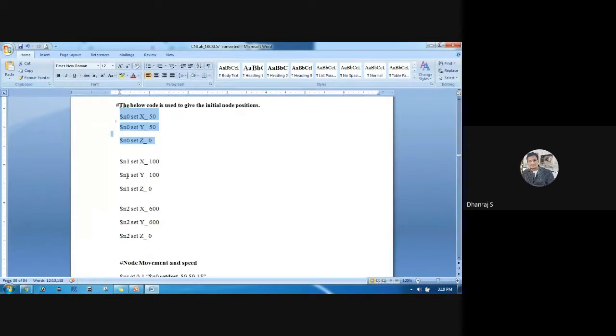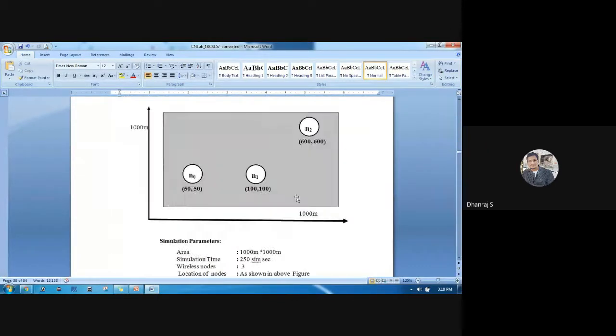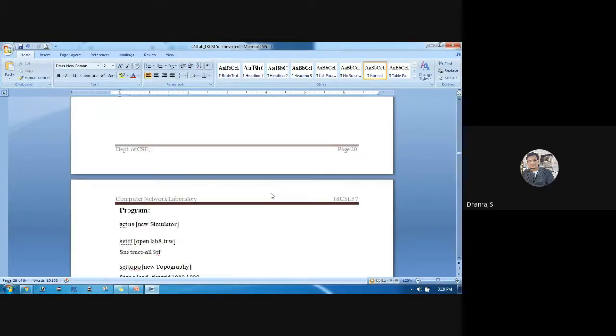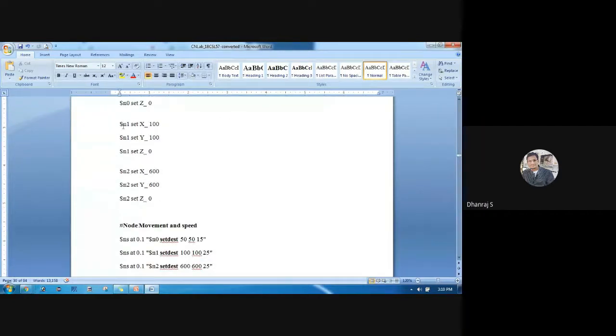Similarly for the n1 node, it should be at 100 comma 100. You can see the same thing represented here: $n1 set X_ 100, similarly Y_ 100 and Z_ is 0. This is for the n1 node.